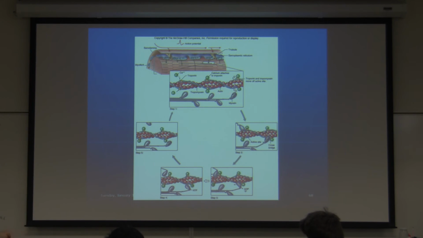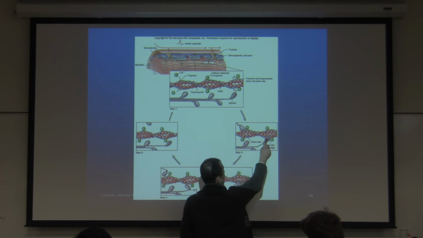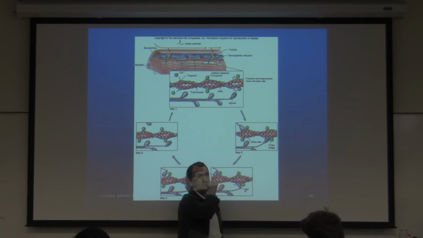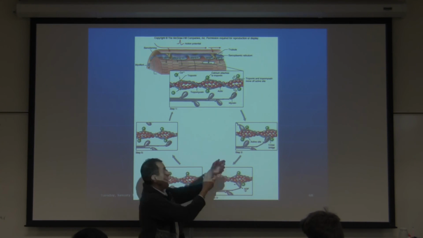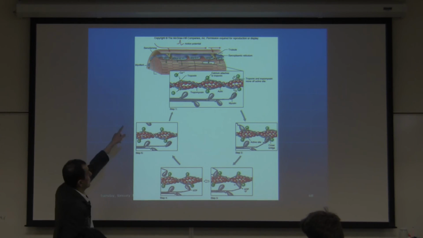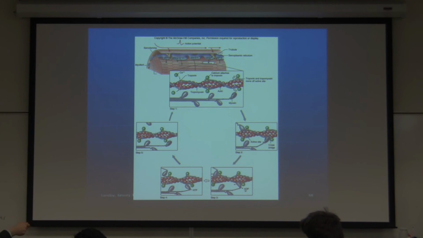That's what they call it: attach, pull, release. These are a sequence of events shown to you. And anytime you want to detach the head of the myosin from actin, you need ATP. For attachment, you need calcium. All that is needed is calcium from the sarcoplasmic reticulum attaching to the troponin complex. You don't need ATP.